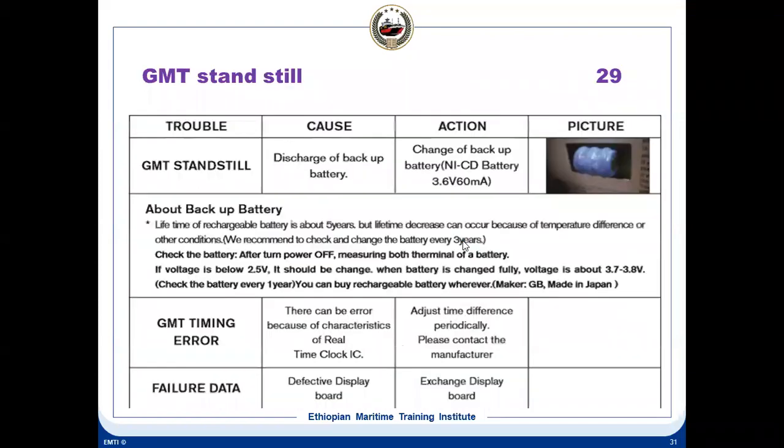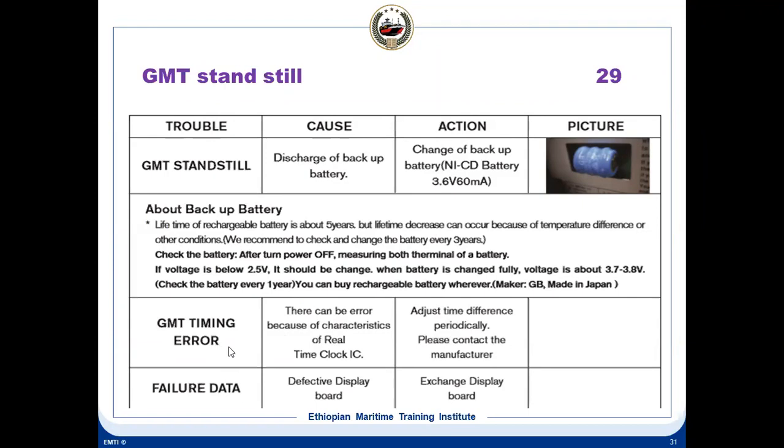And in this 15 ppm monitor, one important part is the time settings. Okay, the GMT time has to be set. There is a backup battery inside this. So this is a nickel cadmium backup battery. This is very important because if this battery finishes, your time will go upset. So the lifetime of the rechargeable battery is about 5 years. The GMT time error you can set on the panel itself. If you open the cover, there is a timer adjustment. With the bridge, you can check what the GMT is, because GMT setting is very important on this.